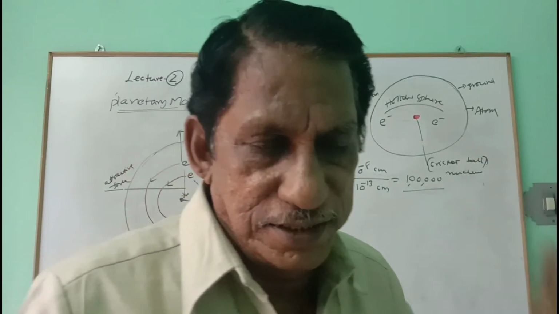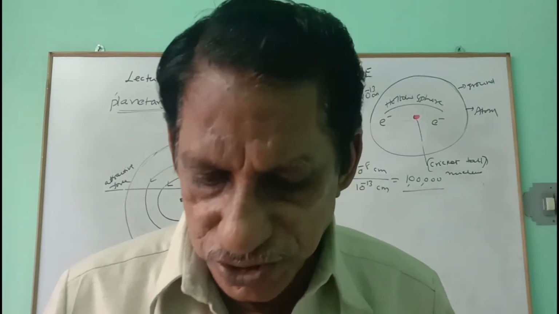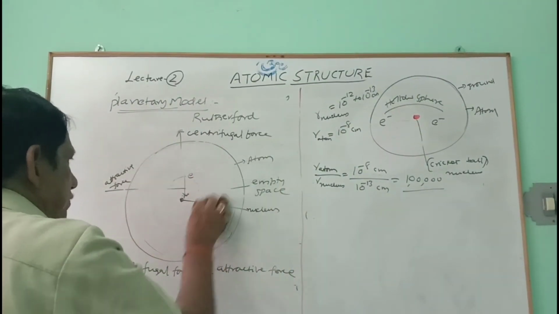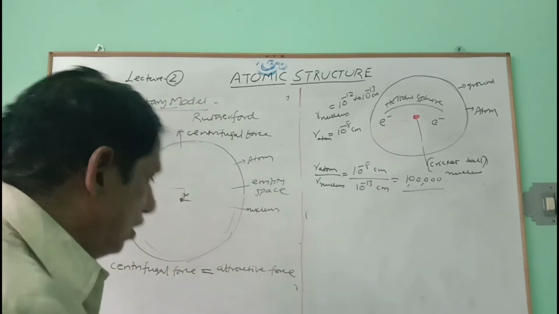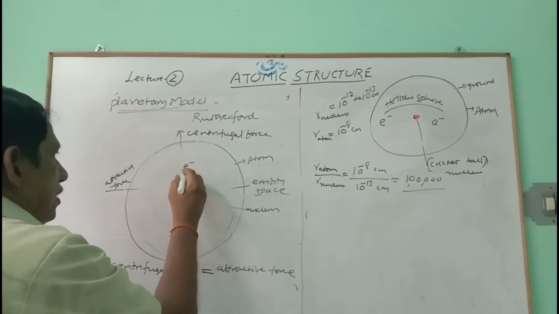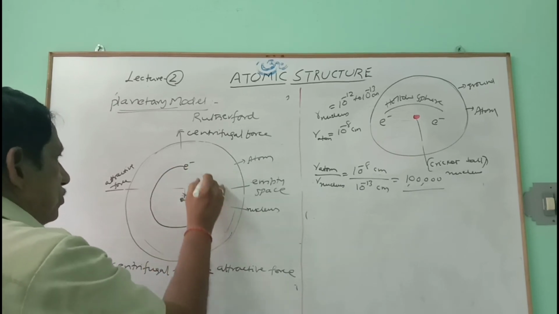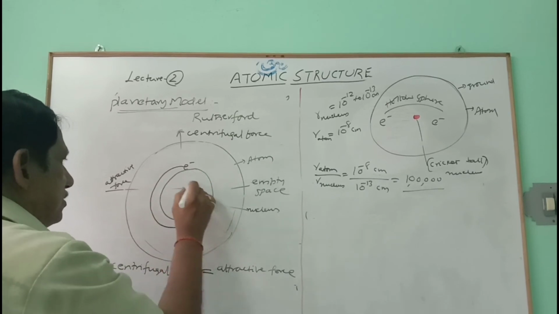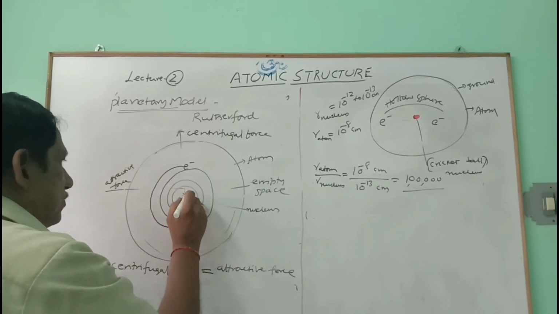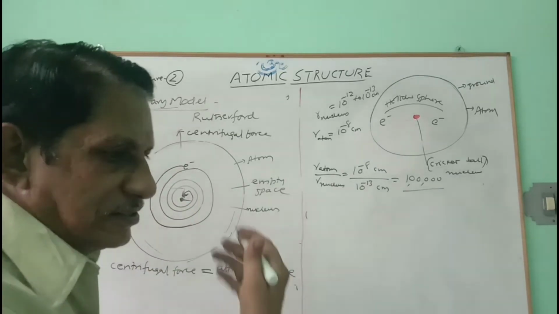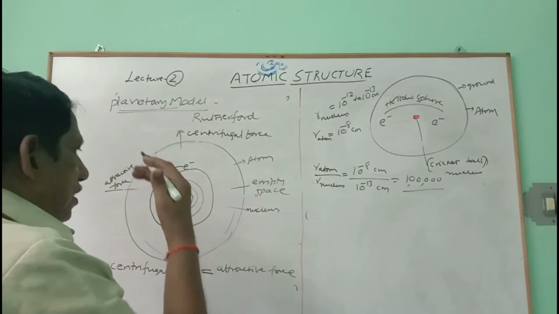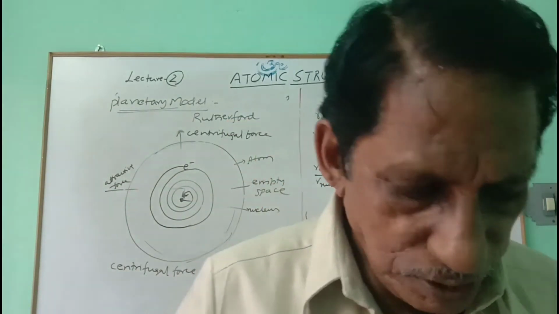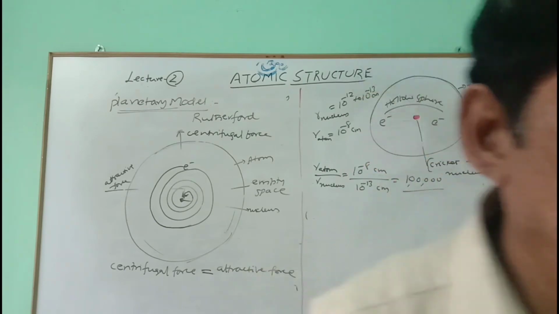The nucleus is there at the center, around which there is large empty space, in which the electrons are revolving. So electrons are revolving like this here. When the electron is revolving, according to classical theory, the force of attraction becomes bigger than the centrifugal force. It has to take the spiral path like this and has to continuously fall into the nucleus. There ends the matter. So this is the objection given by classical theory, as a result of which Rutherford is unable to explain this model also.